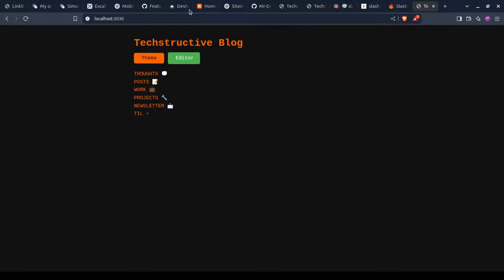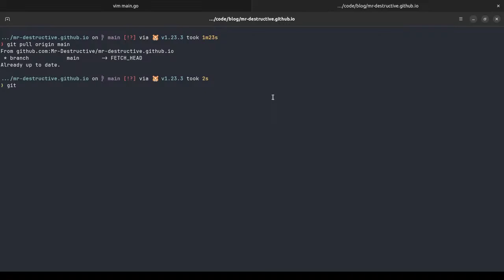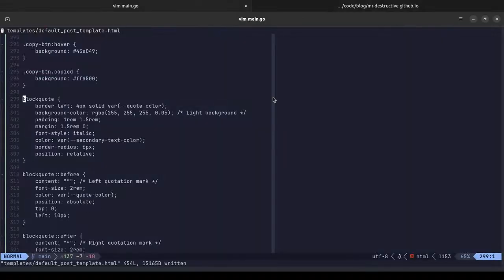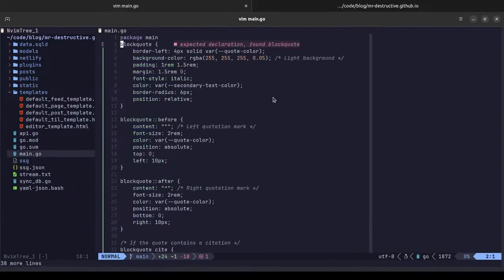So if I had to, let's push these changes first. Nothing should be pushed here because I'm not adding any post. So git add. What did we do? We changed a few things here. One thing is